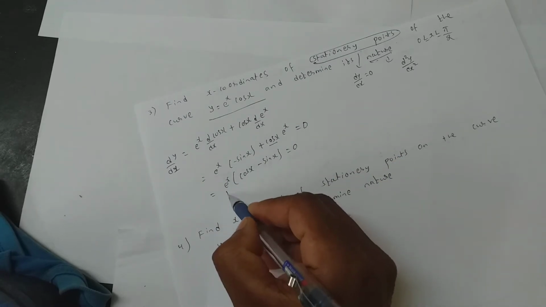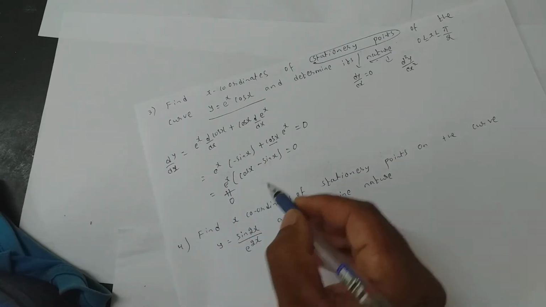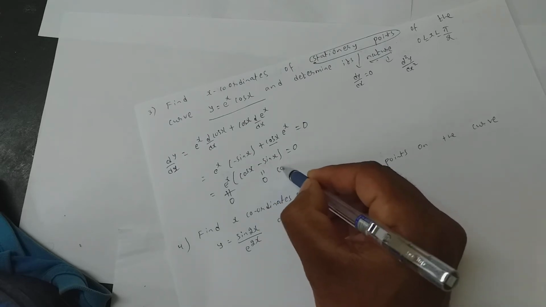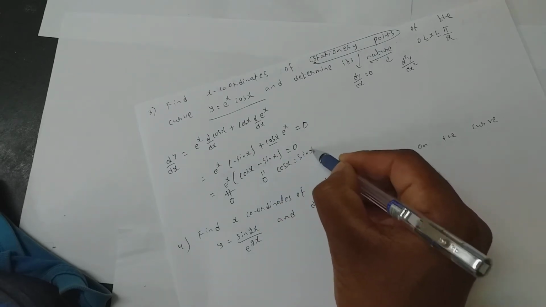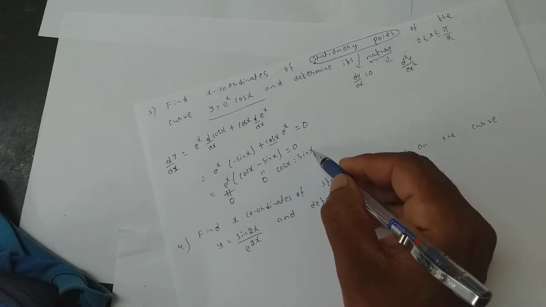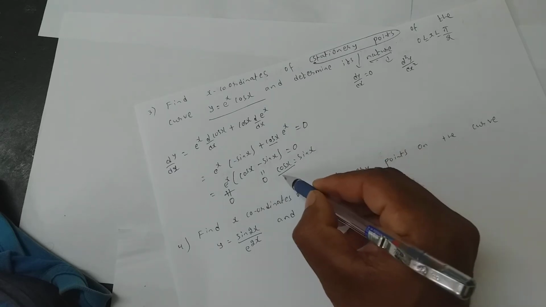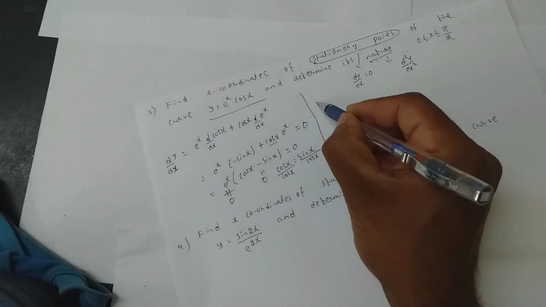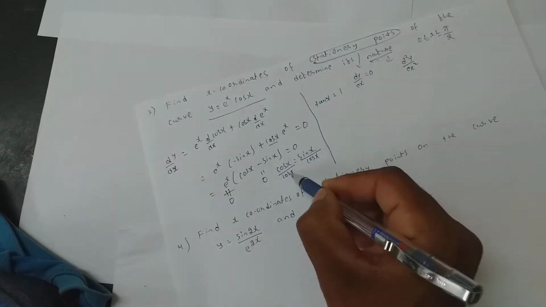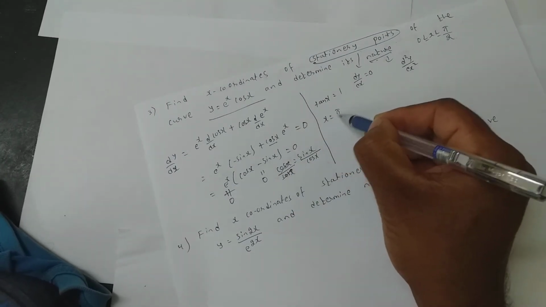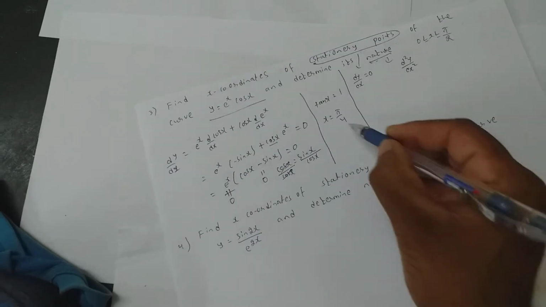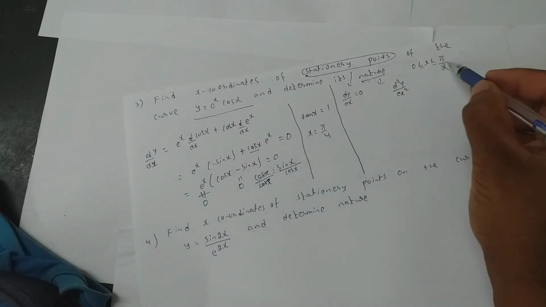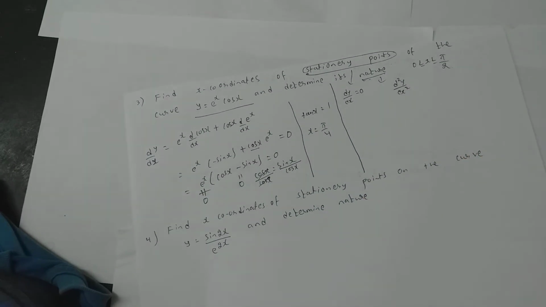Now, this will never be equal to 0. When this is equal to 0, how do I find x? Cos x equal to sin x. Two trigonometric ratios, difficult to find x. So what do I do? Divide by cos x. In trigonometry lesson we have done this. So what do I get? Tan x equal to 1. So x equal to pi by 4. Only one value I need because only in the first quadrant he wants me to find x. Clear? Unlike trigonometry where we used to find multiple angles.